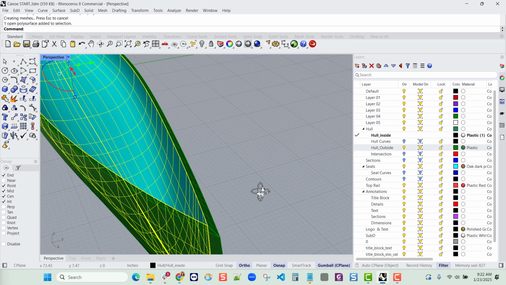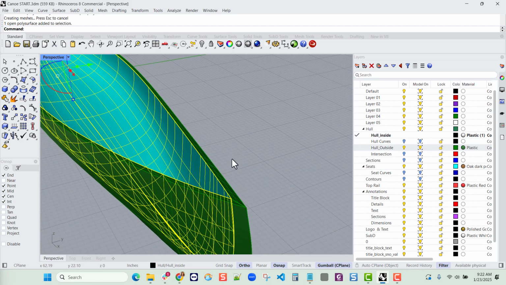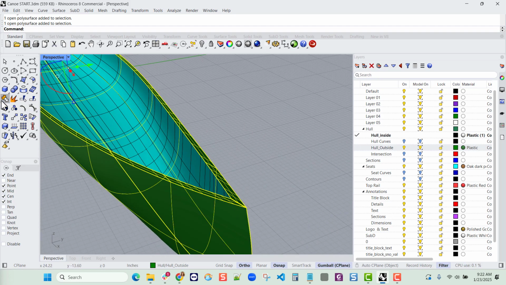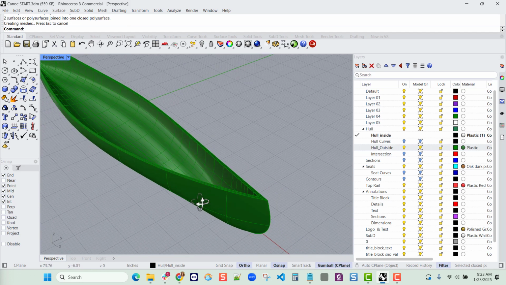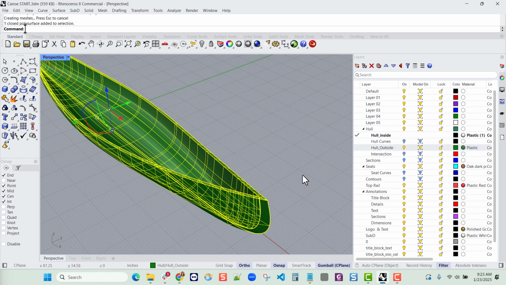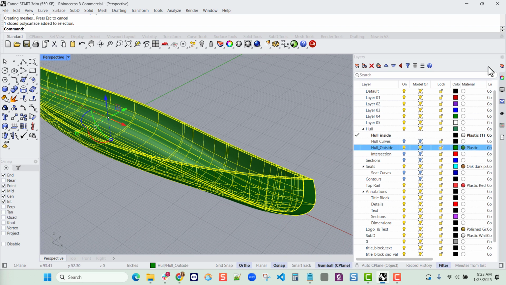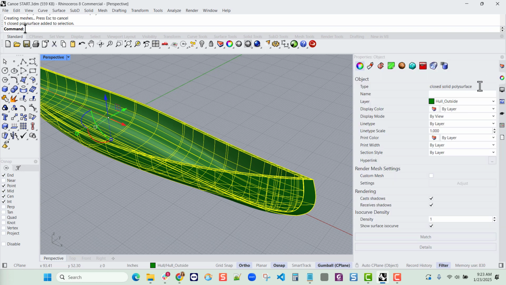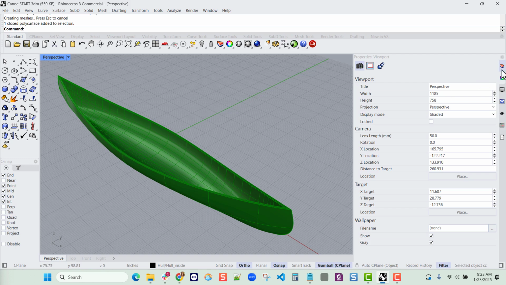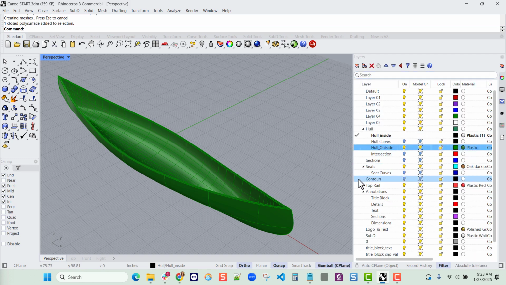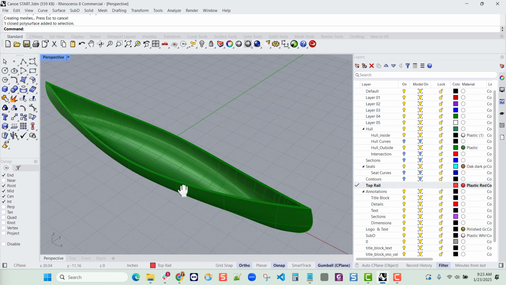And we also have to join the inside surface, so let's go ahead and get that inside surface as well. And that's a very good sign, because as we pick the inside surface, it immediately discontinues the command. And that's because if I go here to properties, it is a closed polysurface. So we have the hull, and we want to now model the top rail,